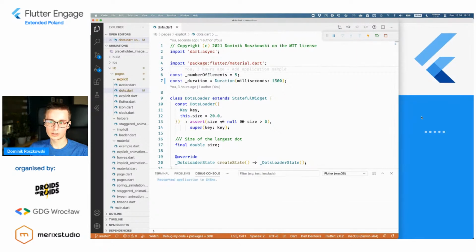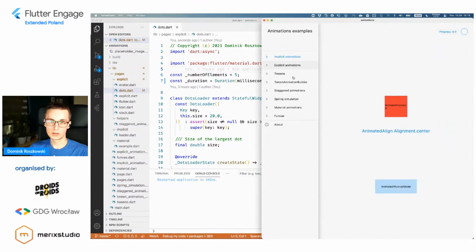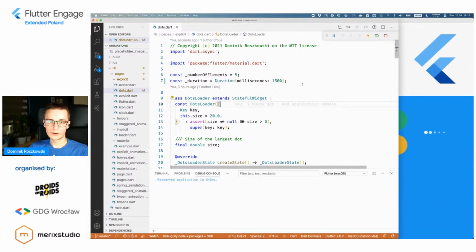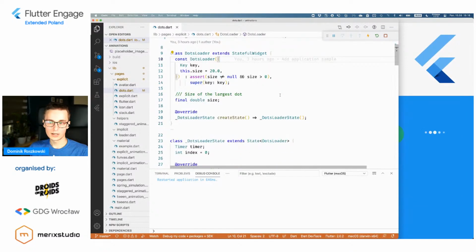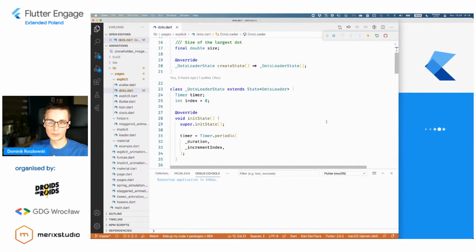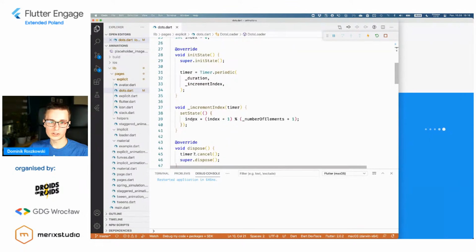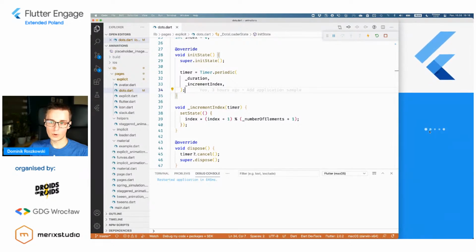And let me restart my app. So when I made this a bit longer, you can easily see right now that on each tick of this timer, the next index is being selected. So this is 0, 1, 2, 3, 4, 0, 1, 2, 3, 4.